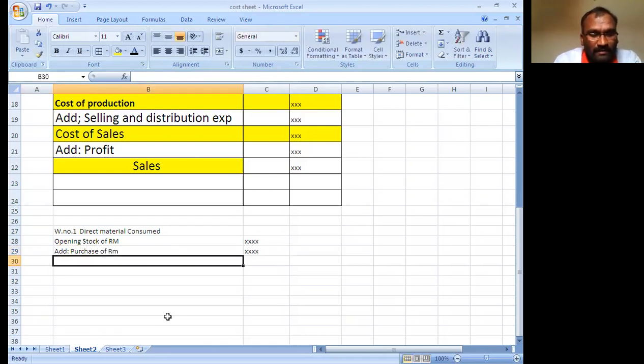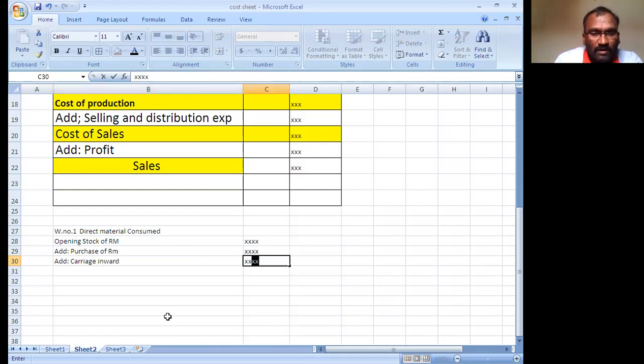Next, add carriage inward. Next, less closing stock of raw material, which you deduct.